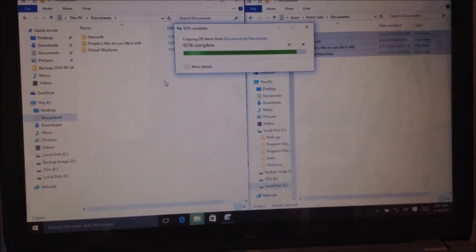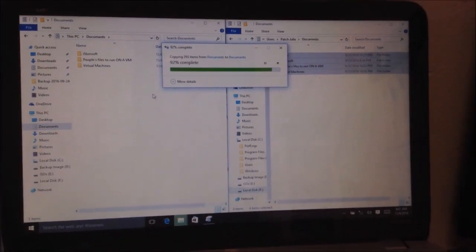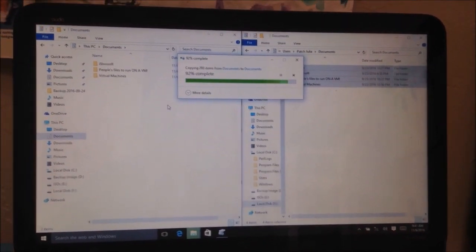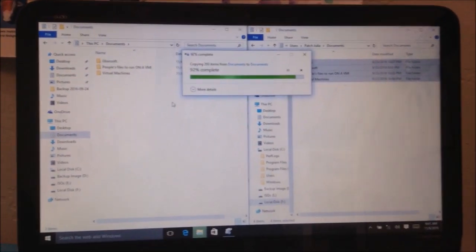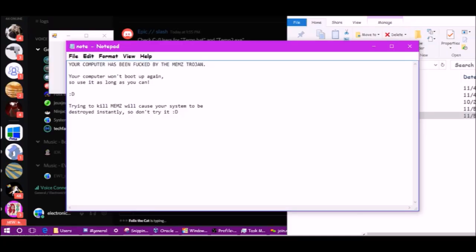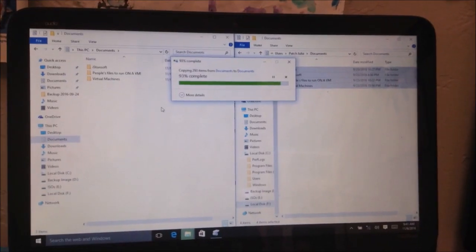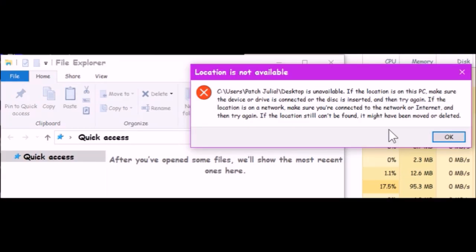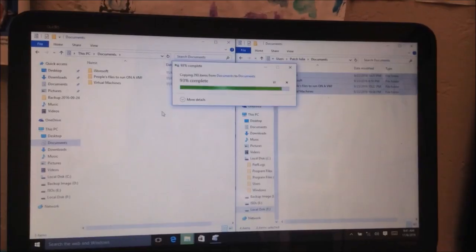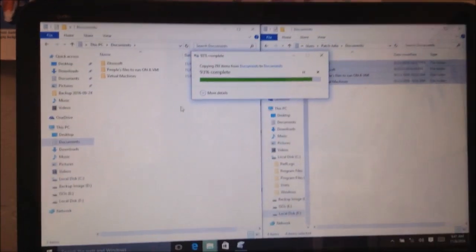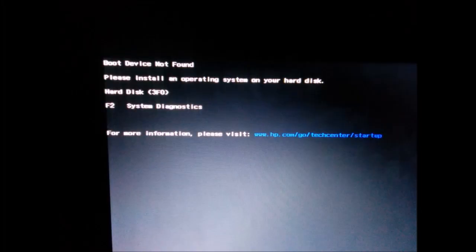I ran a couple viruses, and later when I rebooted, stuff like memes, Gruel, Silent RD, things like that. So when I rebooted, it got no boot device, because